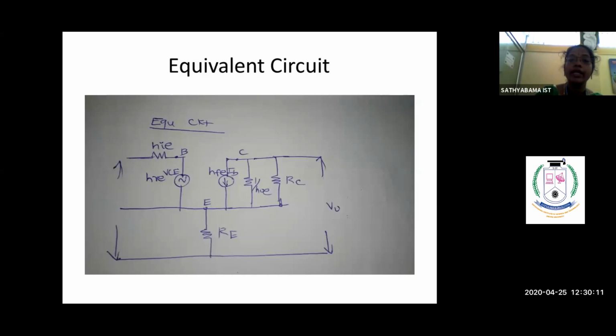Then how will you find out the voltage gain value? By taking the ratio of V0 and Vi. So cancel the maximum voltage and current value and show your value in terms of H parameter and in terms of your circuit components. Similarly, what is the current gain value? Here the entire output current is IC, the entire input current is IB, so that IC by IB is nothing but beta. So these are all the parameters of your current time-based generator using this equivalent circuit.